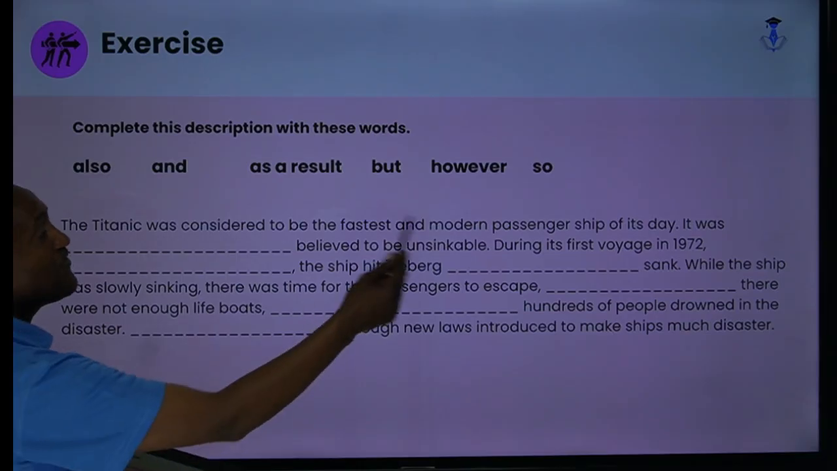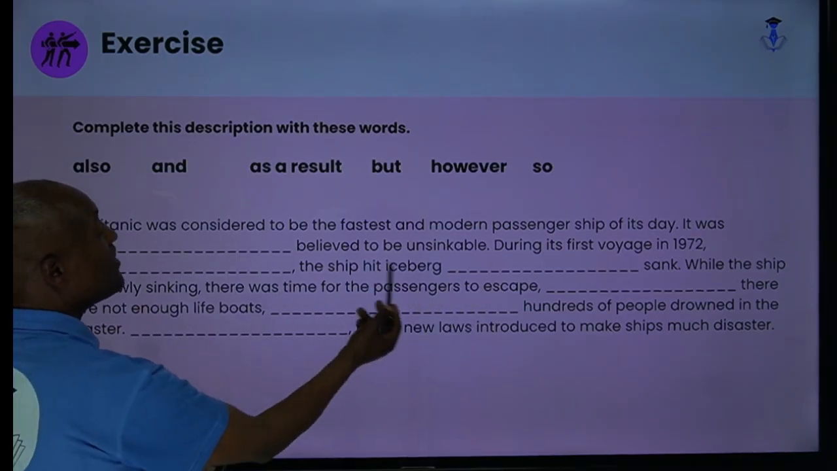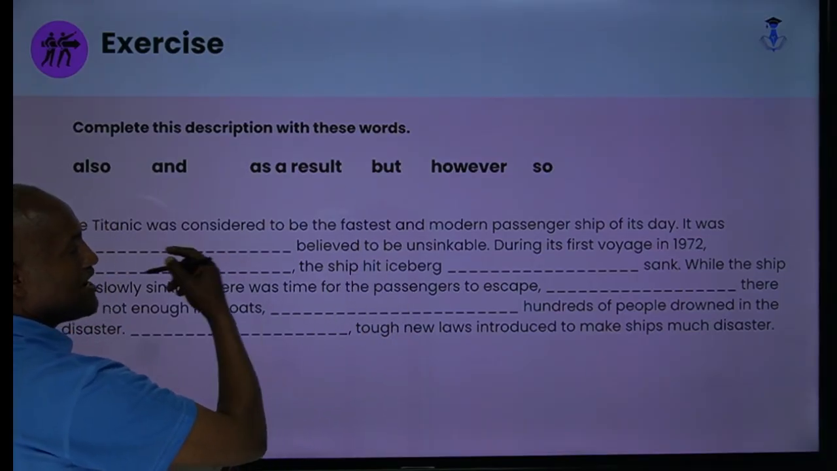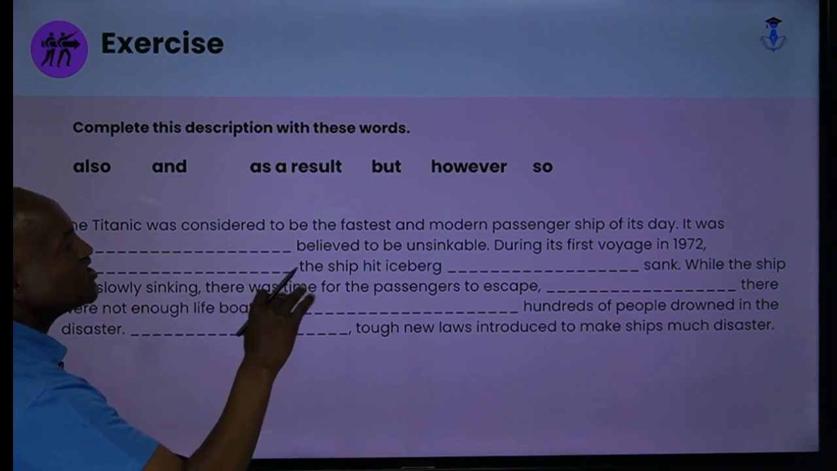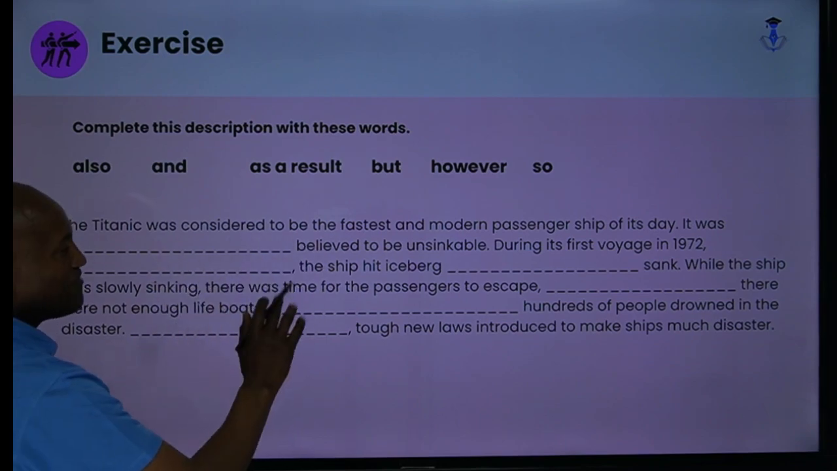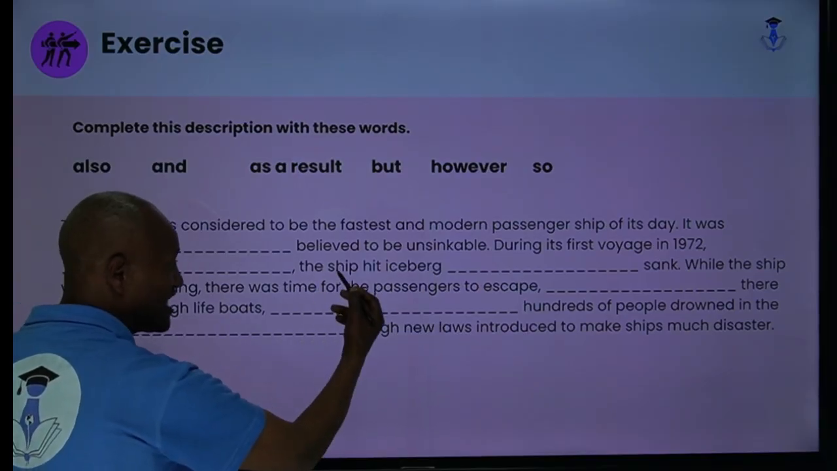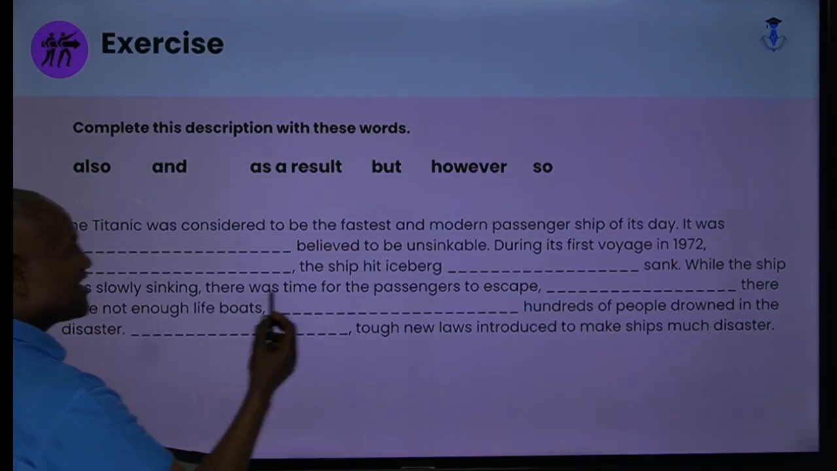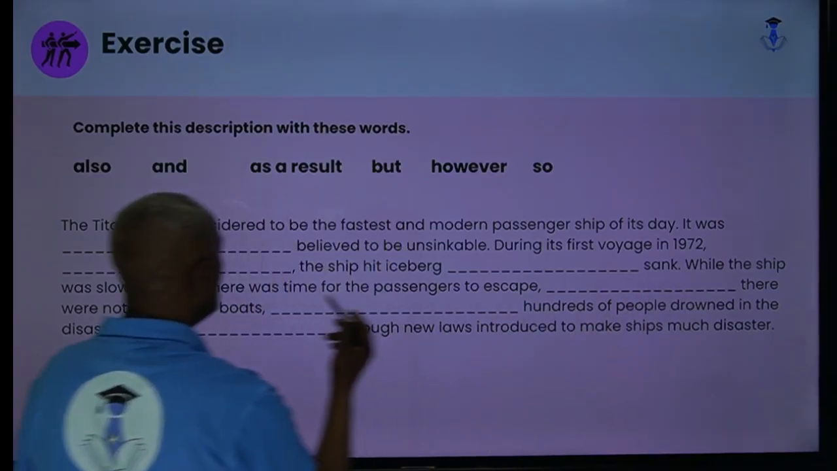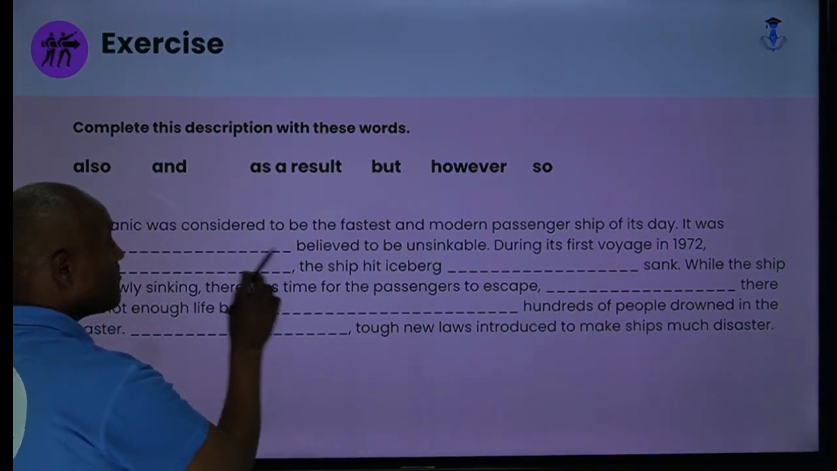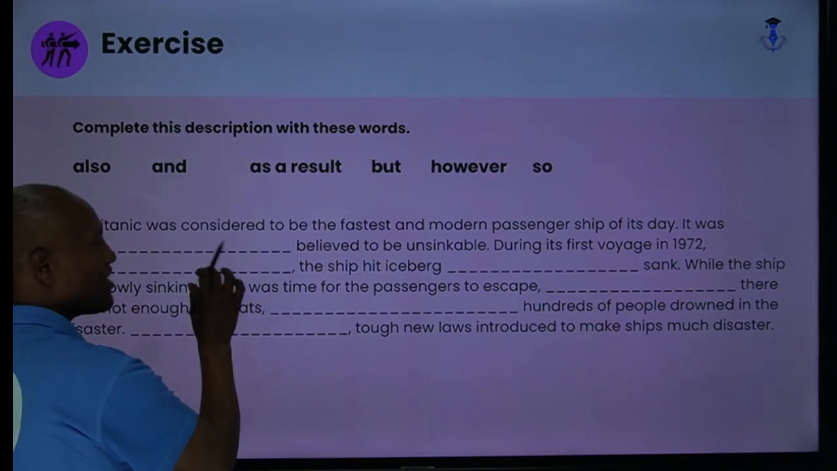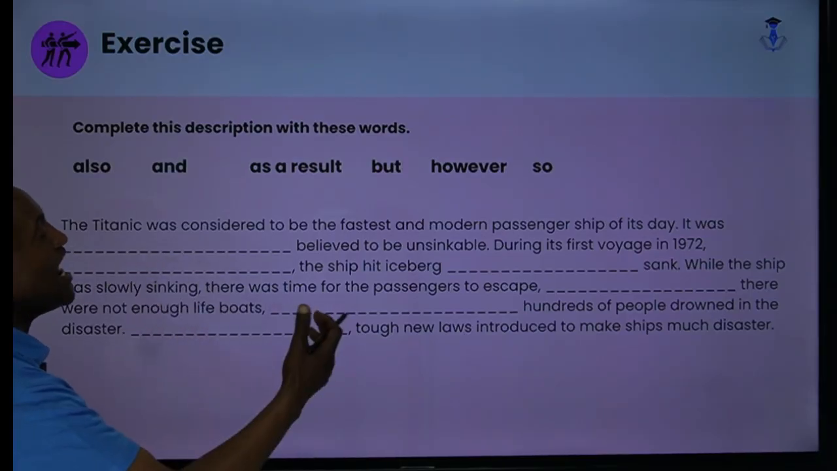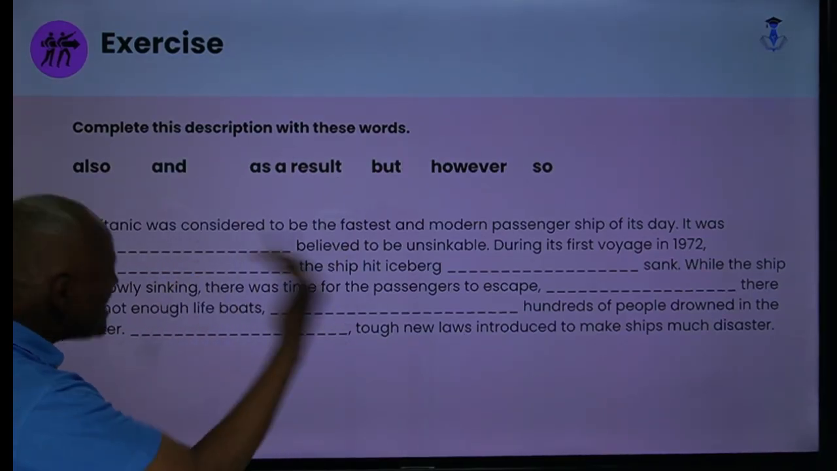Yes? During its first voyage in 1912, the ship hit an iceberg. That means, this makes it negative because fastest, modern. Therefore, they are saying it is the safest ship during its days. But here, the ship hit an iceberg, contrasting, that means, it contrasts. Then you put here, according to that one. And then look here, 1912, and then here, there is a comma. Before and after the blank space, there is a comma. So this tells you something, that means, what type of connectors from here can be set off by commas like